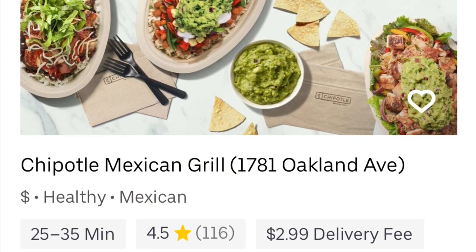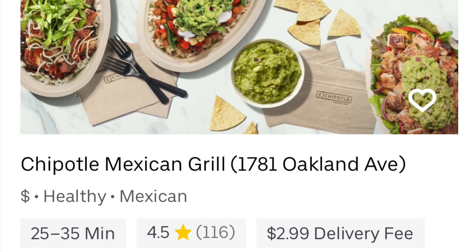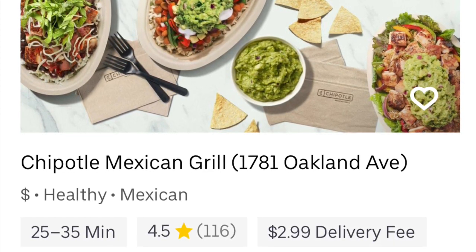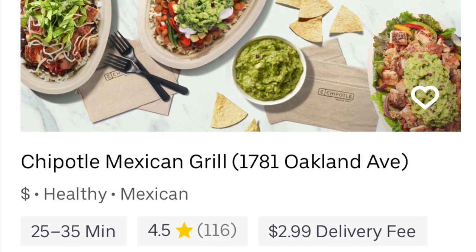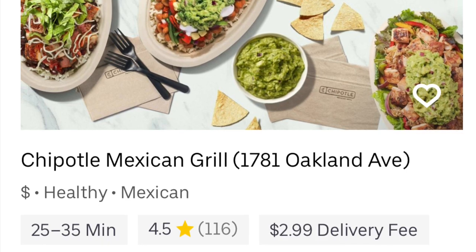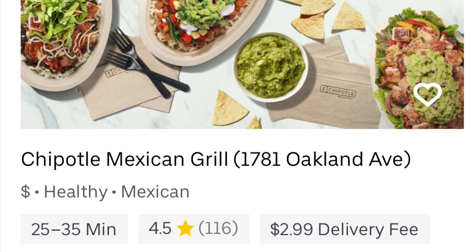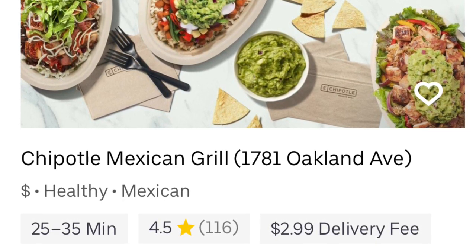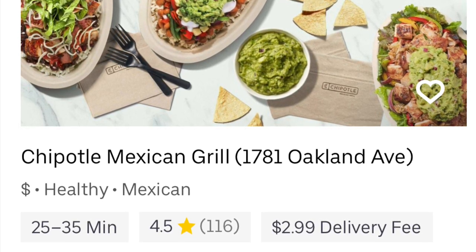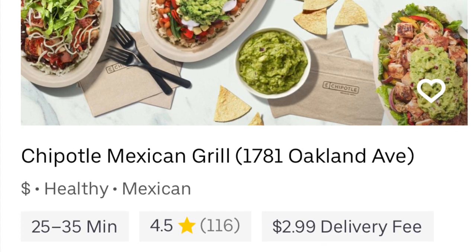So now we're going to go ahead and go through the ordering process. Once you click on the restaurant you want, you will see the delivery fee down there at the bottom. But if you select pickup, there will be no extra charge. If you do have it delivered, just keep in mind that you really do need to tip your driver. So anyway, go ahead and click on your restaurant, and you can scroll through and see their